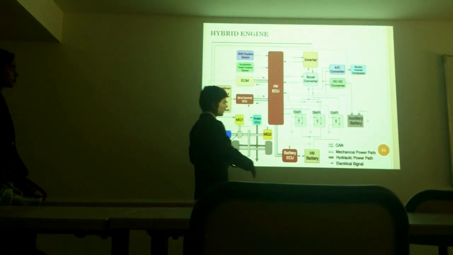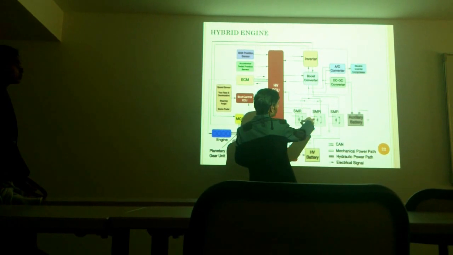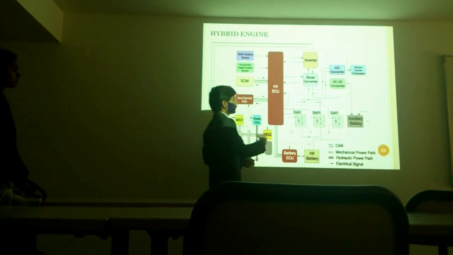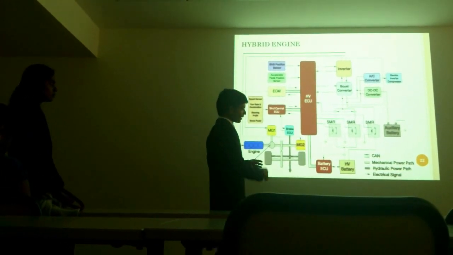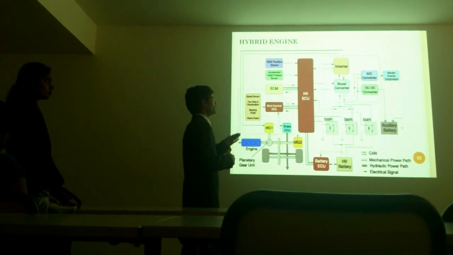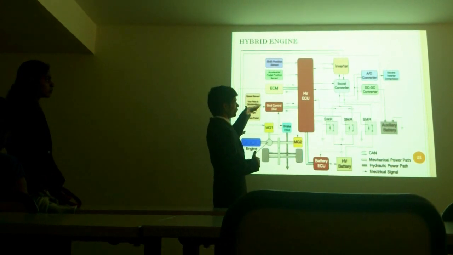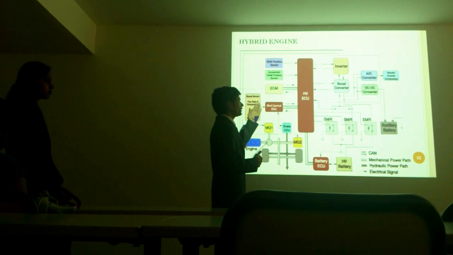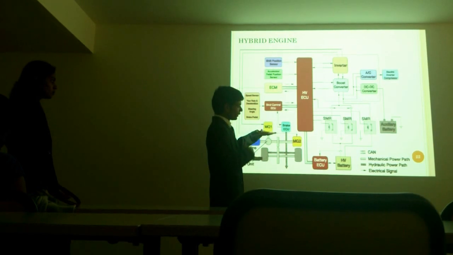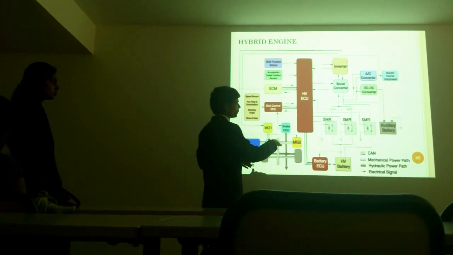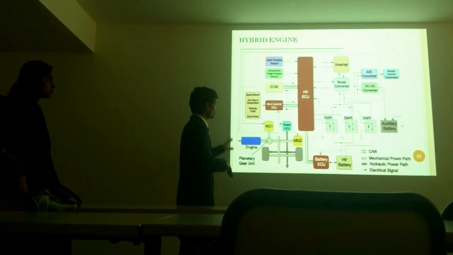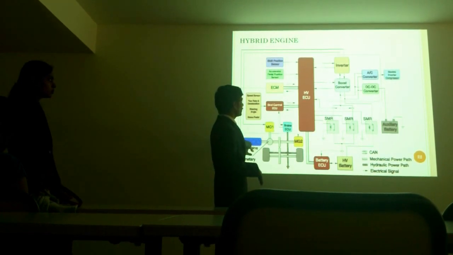First the HV battery gives the signals to the relays, and the relays give the electrical energy to the boost converter. The boost converter converts the low level voltage to the high voltage level, or in other words, the boost converter can convert the level of the power which we are getting from the battery, and boost it up to the desired level which we want to run the electrical motor inside our engine.